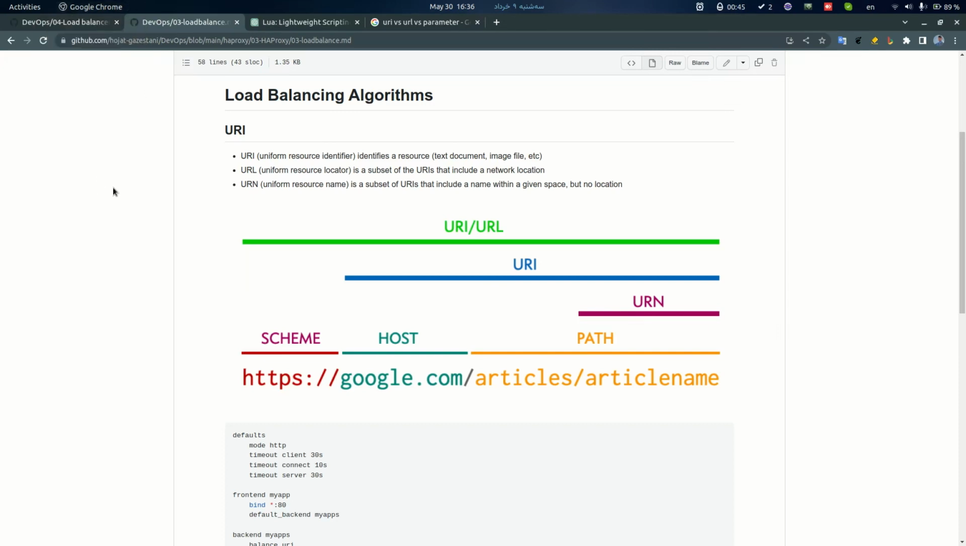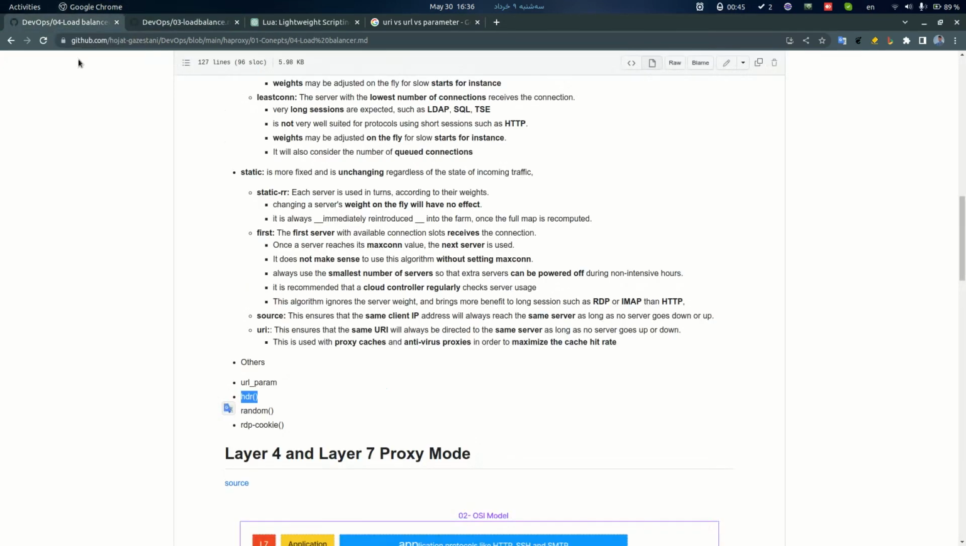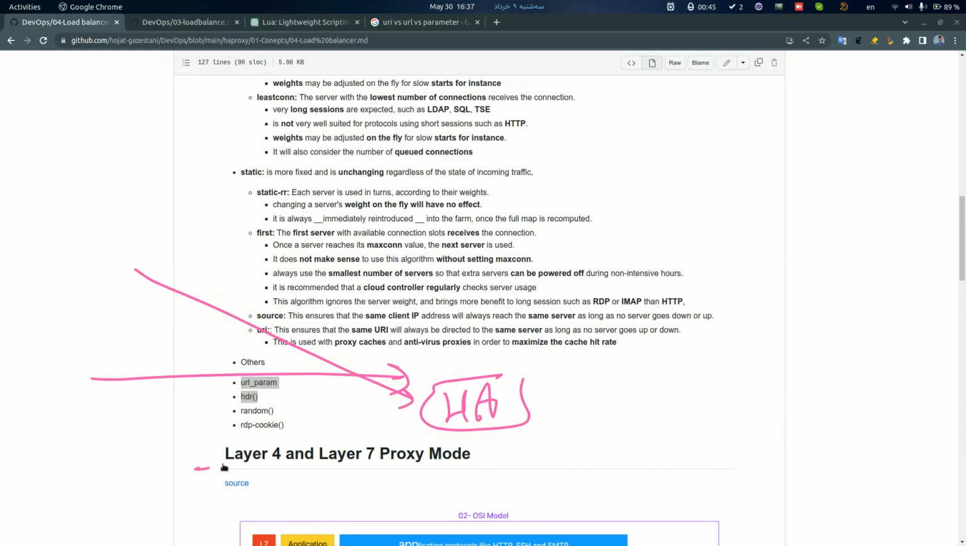As I said in my previous video, we have different kinds of algorithms. In this video, I want to test the source algorithm. When we use the source algorithm, we want to make sure this is our HAProxy and there are some